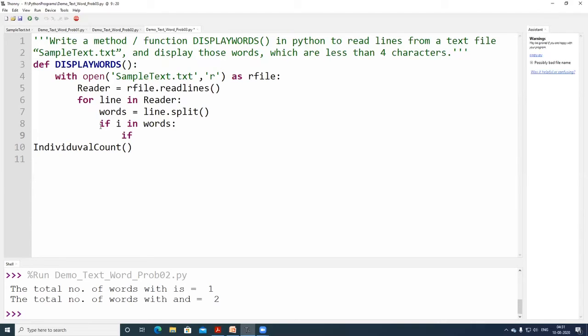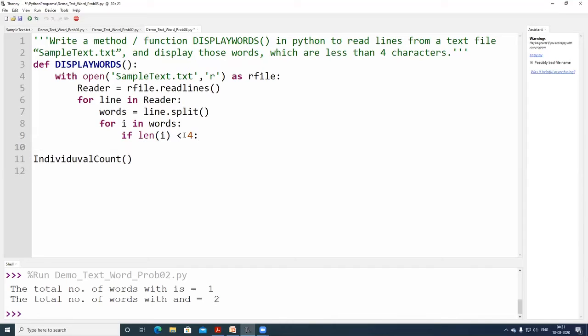If len of i. I am giving only one condition here. Oh, I have mentioned it as if, it should be for. For i in words, if len of i less than 4, len means the length, it means up to 3 characters: 1, 2 or 3.